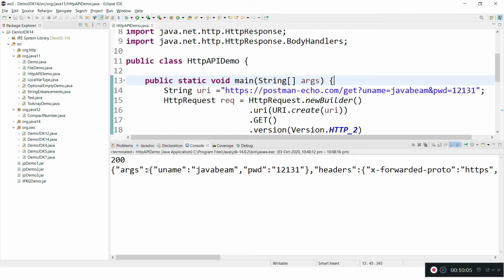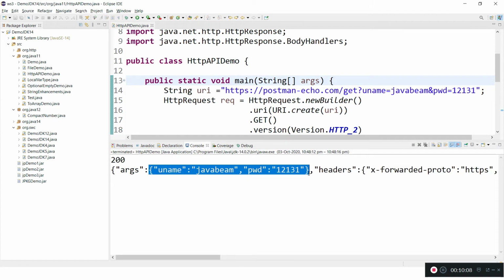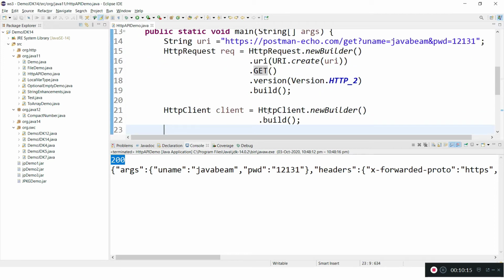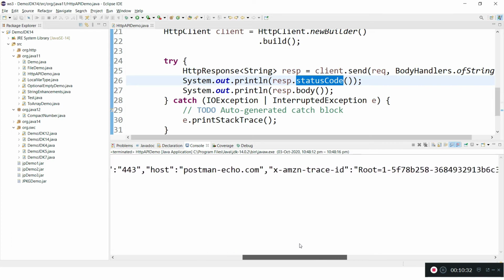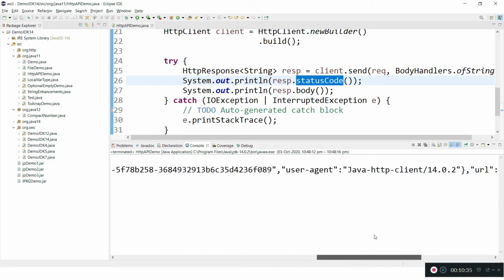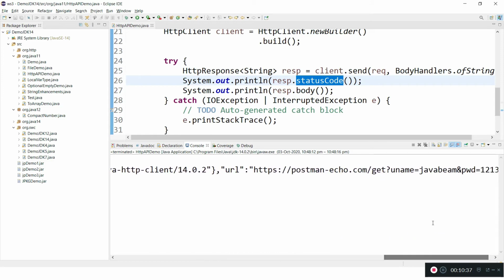So whatever we sent in the query string, we got from the arguments, and this is the status code from the response. It's 200. 200 means success. So we were successfully able to send the request. And yeah, we got the username, password. Apart from that, we can see the headers, host, and all these. This is the URL from which the request is being sent.